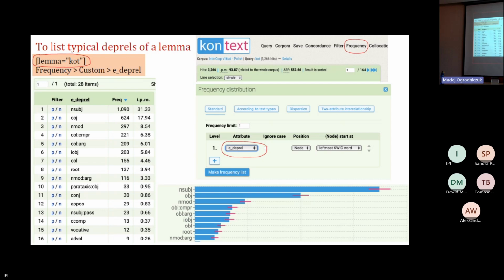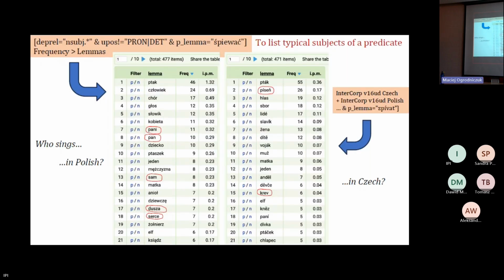That means you also want to search for the parents and other conjuncts, to list typical subjects of a predicate. So that may be more interesting. So for example, who sings? You are looking for something which has the parent lemma śpiewać, and that something should be nominal subject,